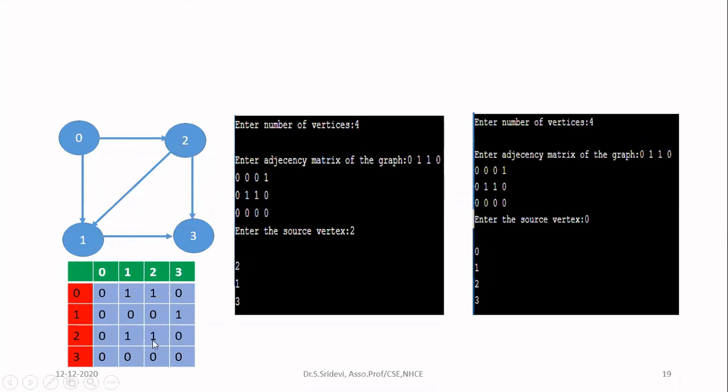Here wrongly I have marked for column 2. So you can mark it for column 1 and then 3 when you do the program. Then consider the node 3. 3 is not having any outgoing edges. That means you will fill 0 for all the columns in row 3. So now this is over. So I have constructed the adjacency matrix.